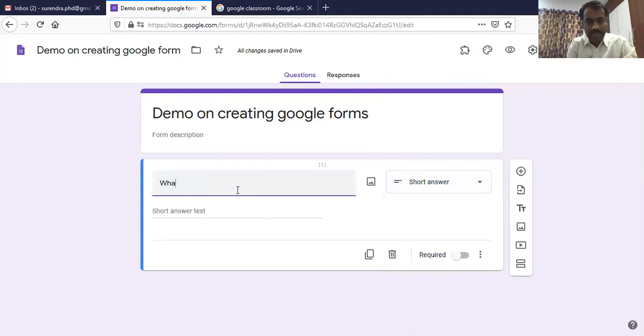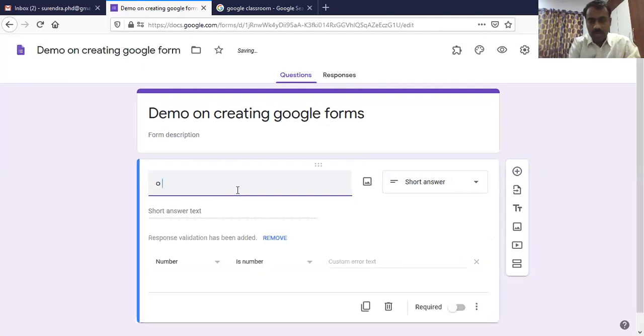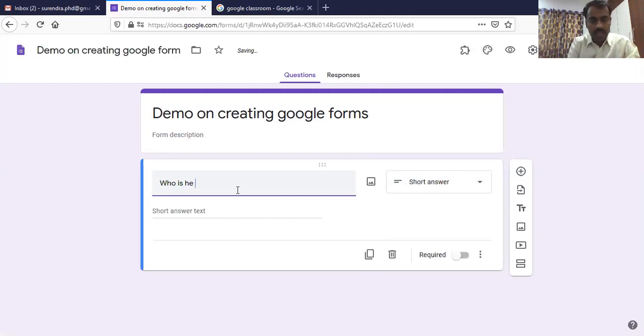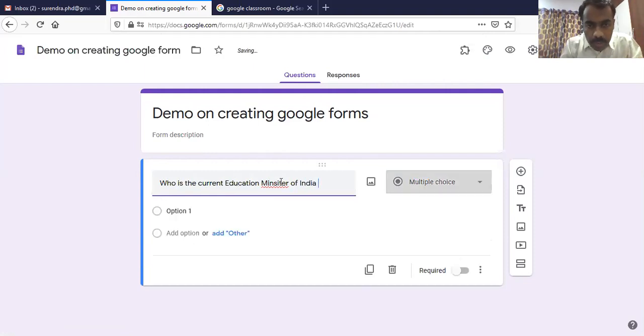For example, I'll ask here, who is the current education minister of India as of today?